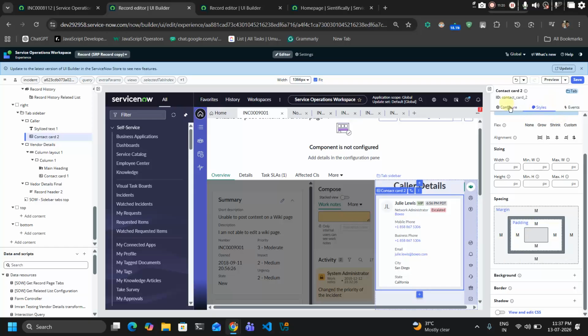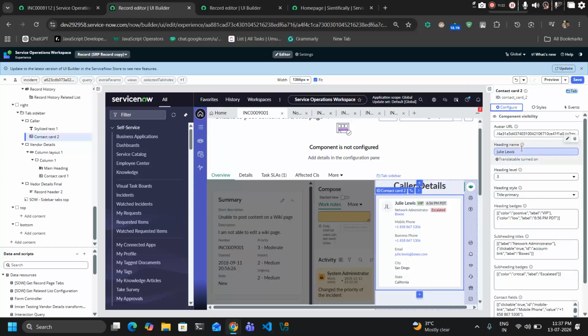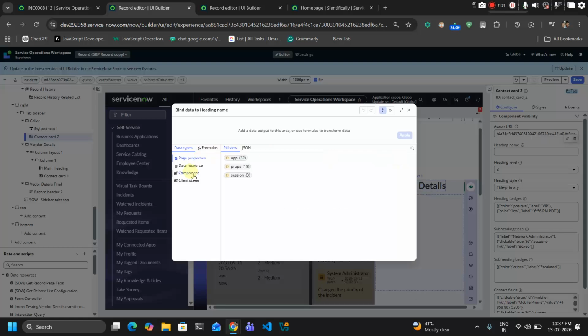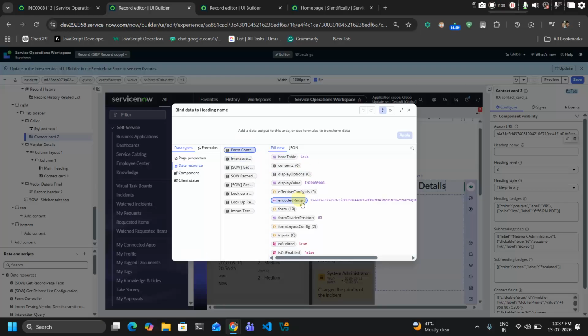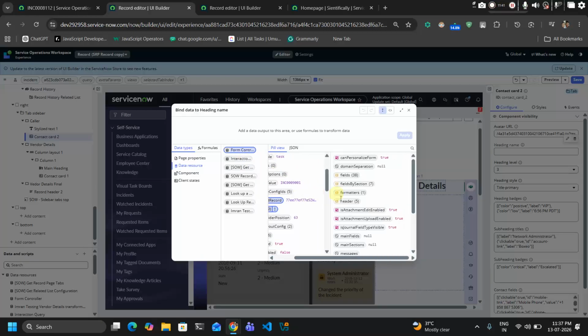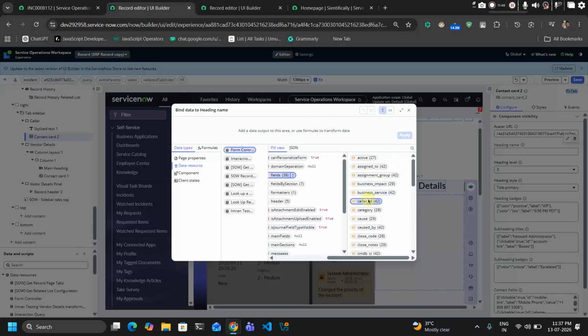So yeah, coming to the point, we have to make this edit name dynamic. So for this, what do we need? In here data source, you'll have the form controller. That form controller, you'll have the form. In that form, you can refer to fields, and that fields can get that